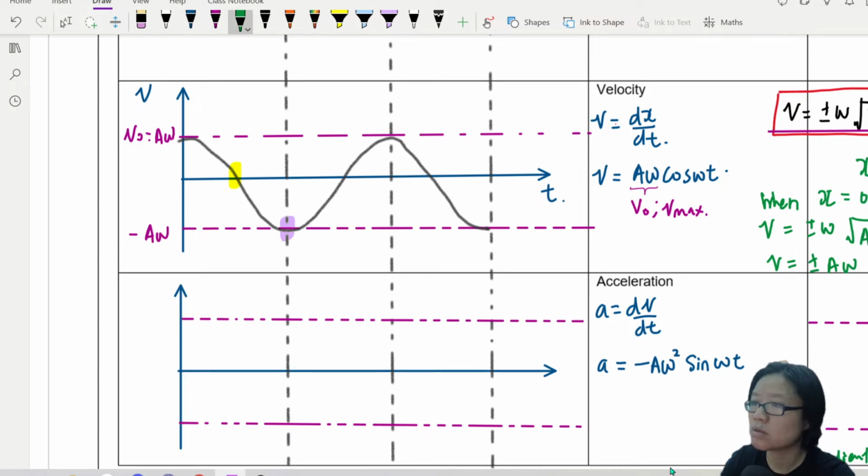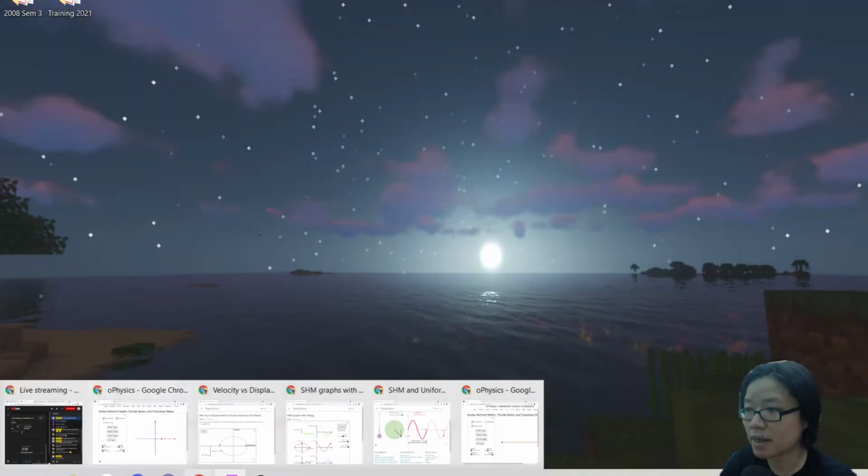So from here, you will find a few pieces of information. First one being the maximum acceleration. You can call this a naught, you can call this a max. It will be A omega square. Can be plus minus. So it will be A omega square, negative A omega square. All right. Second thing,